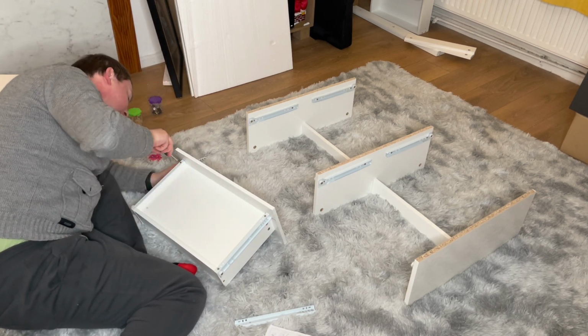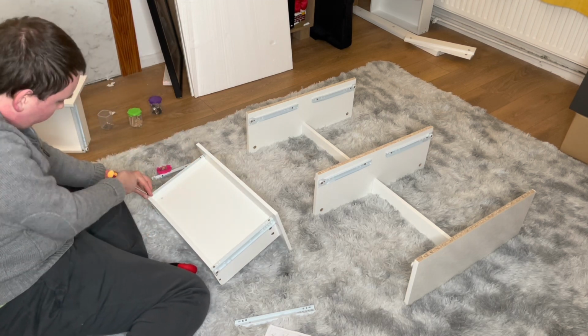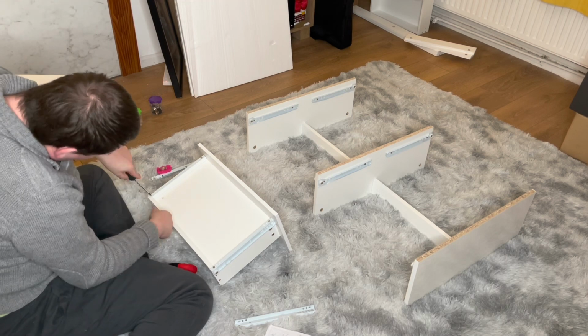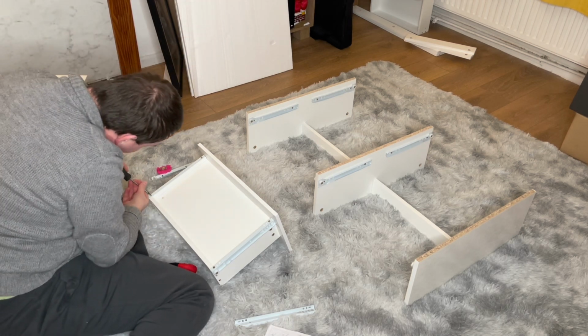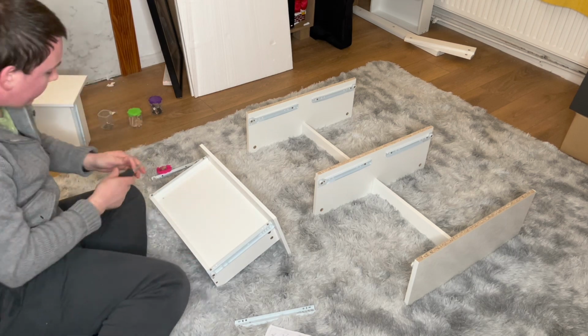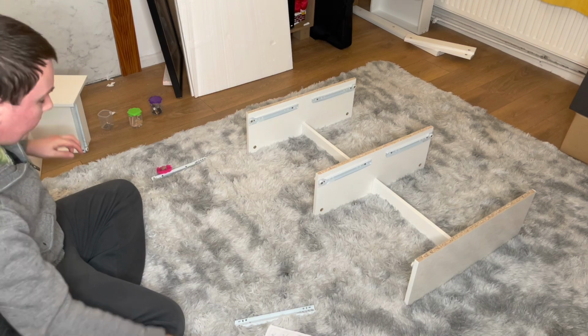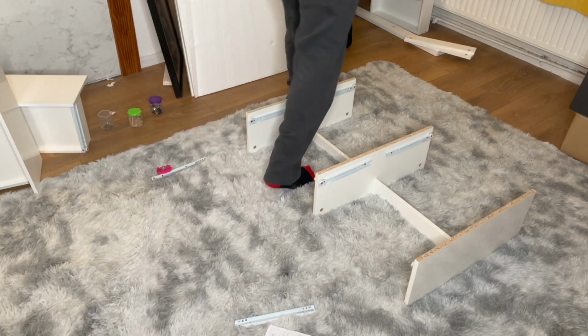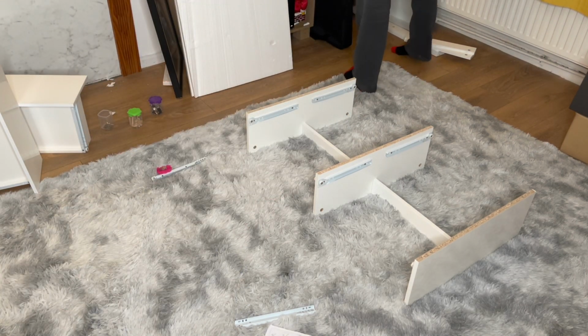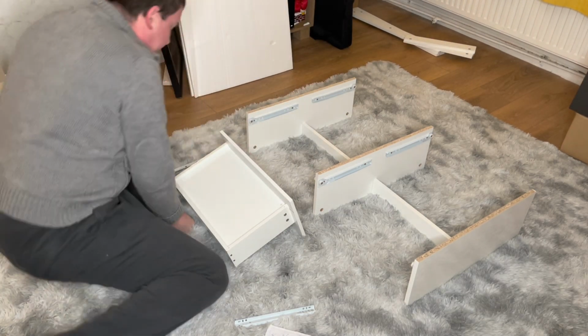This did take quite a bit of time, as you can obviously see in this video, to actually fit all the runners on all the corresponding drawers. As you can see there, I'm just looking at the time, because I did do this late on one evening and I wanted to see what time it was, as it's taking a bit of a while and I wanted to go and have a